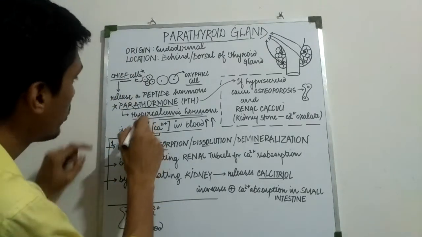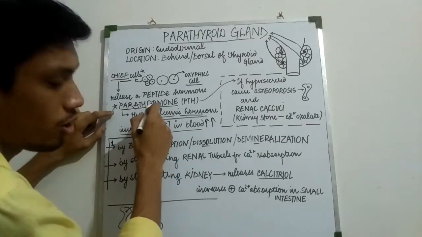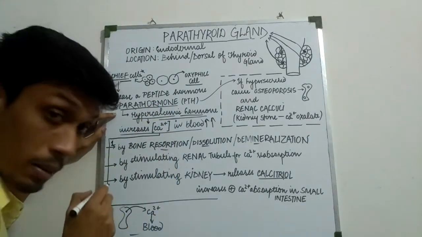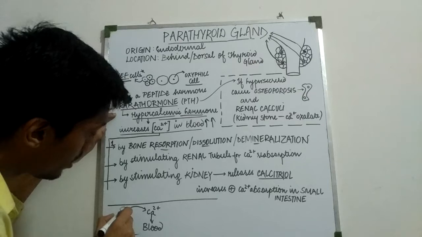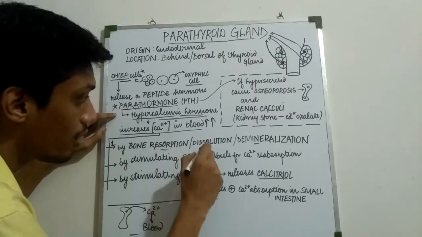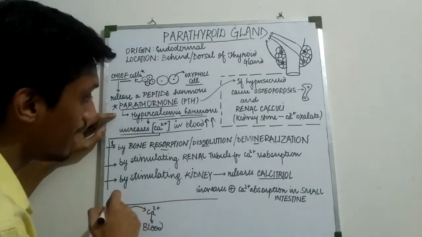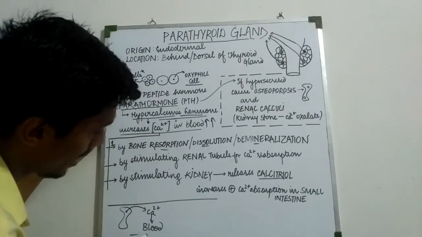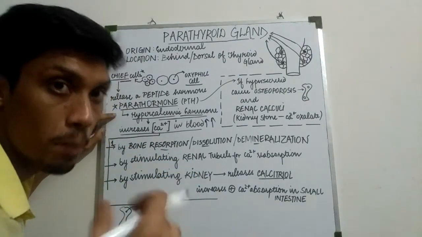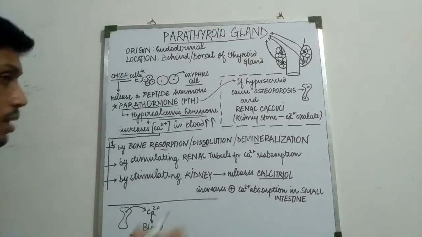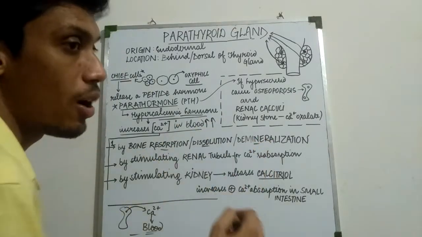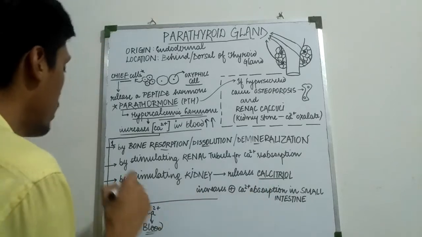This parathyroid hormone acts on the bone. The calcium in the bone is dissolved, or demineralized, because it is a mineral. It comes out, or bone resorption, and is put into your bloodstream. Second thing, this is one reason how calcium in the blood increases. Second reason, by